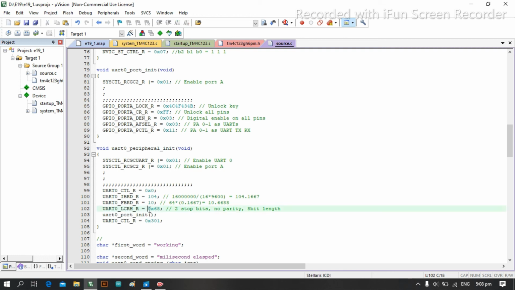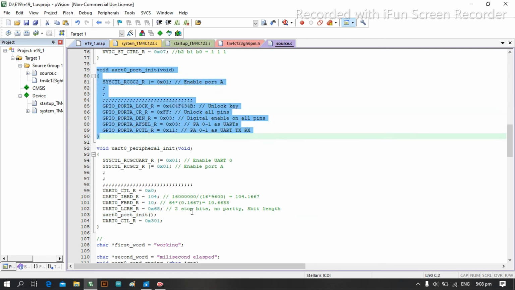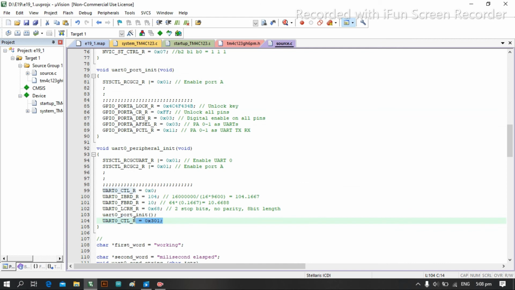We have set these values by setting corresponding bits of registers, and after that we have called this function UART0 port again, which we have already configured here. This value, including bit 0, bit 8 and bit 9 set to 1, gives the corresponding hex value 0xC01.